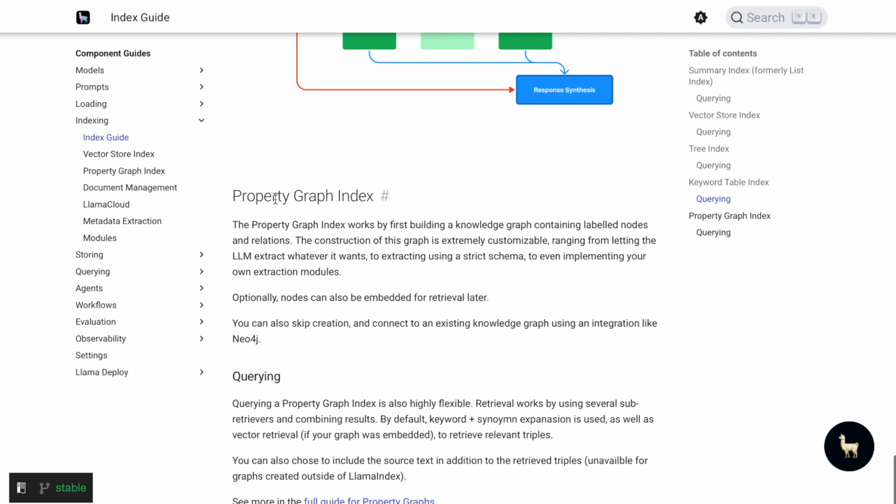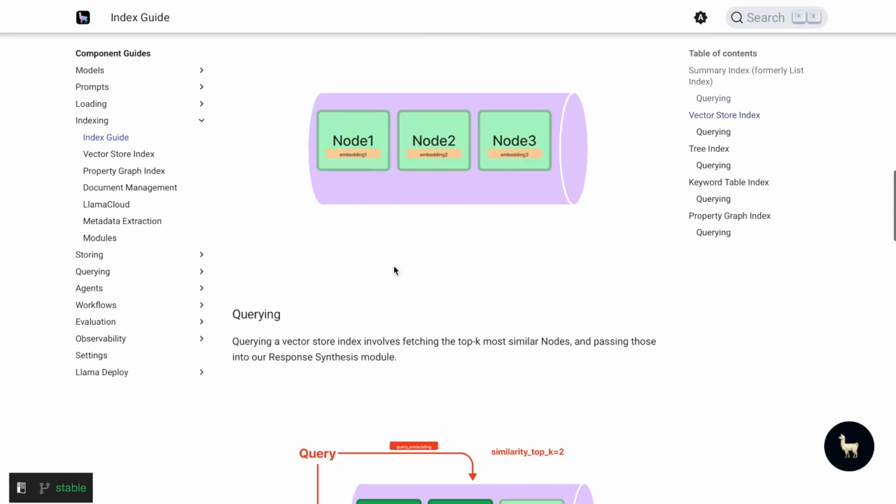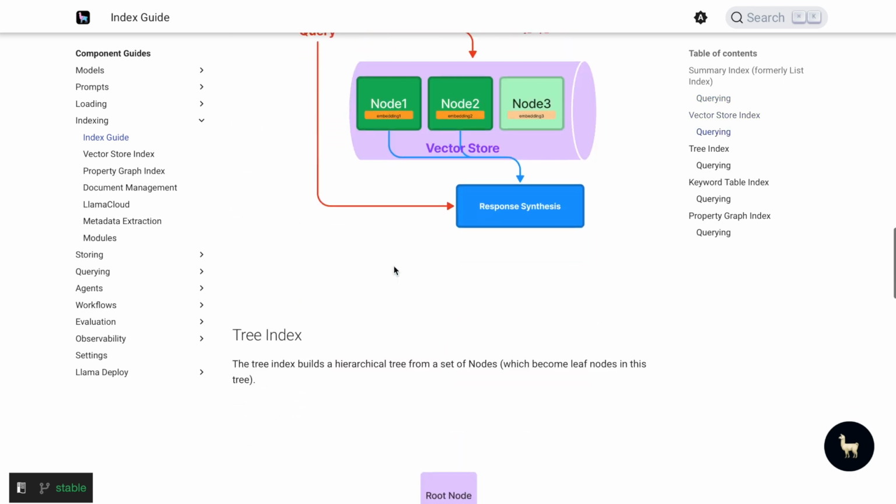There's also property graph index, which is a graph index which falls under graph database, which is somewhat outside of the scope of this video, so we are not going to cover that part now. But I hope I was able to explain you some of the fundamentals of vectors, embeddings, vector databases,